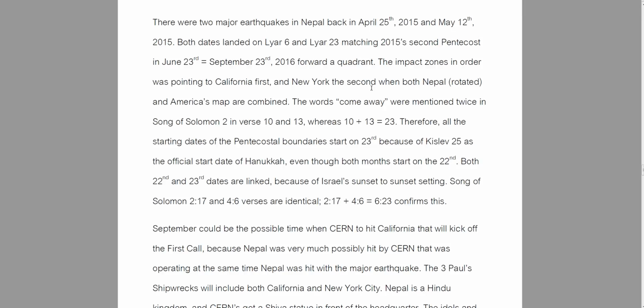That's why March 23rd is very important, and that's why it's so important to go back to August, because both Pentecostal targets are targeting the late boundary or dates of the months, because it's targeting the late boundary, and that's why for September to go before September 16 to 17, it must be through reversing back to August, and